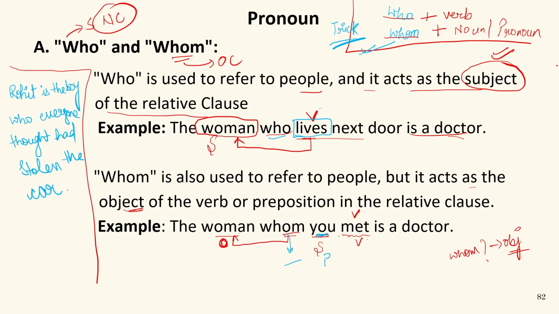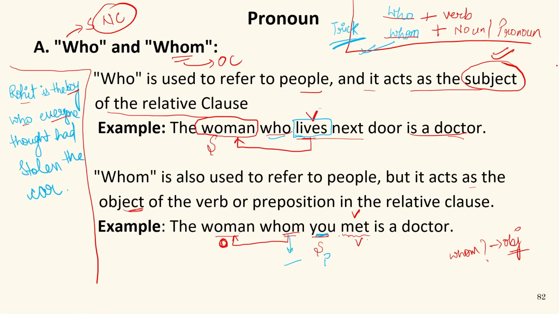We know well that who is a subject. Subject is a person who performs the action, and object is a person or thing that receives the action. These two things must be very clear to all of us. If we know the difference between subject and object, the concept of who and whom becomes very easy. For example, if we look at the sentence, here it is written, Rohit is the boy